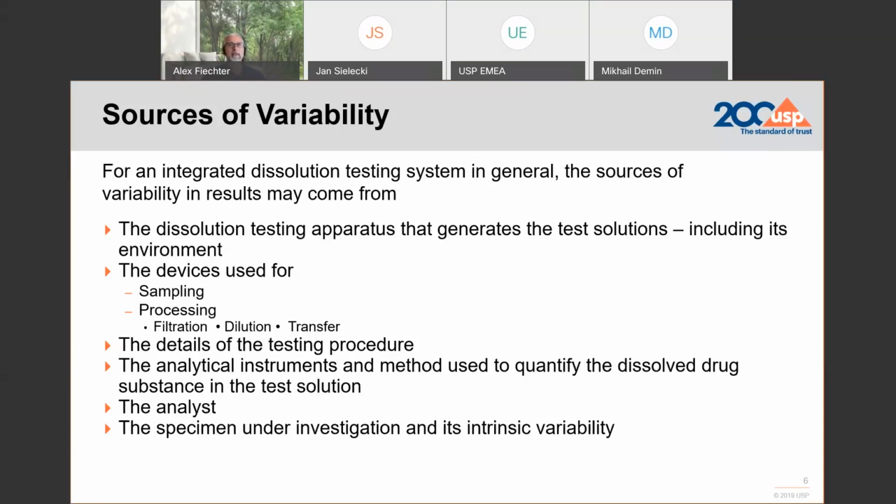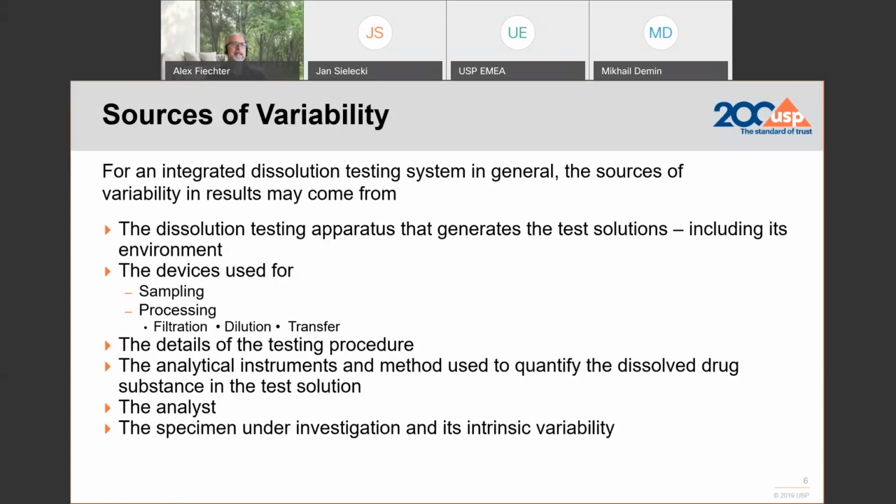The analytical instruments that are used on top of the dissolution tester obviously play a certain role. As I said before, we all have our daily moods and daily stresses and so forth. So ourselves as analysts have to be very careful that we, in a very reproducible way, do the testing on a common basis.